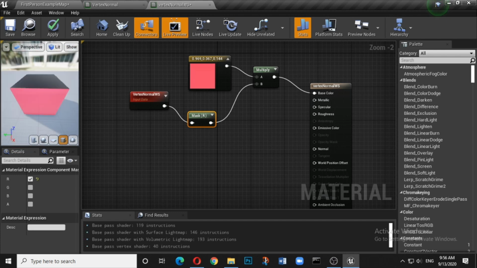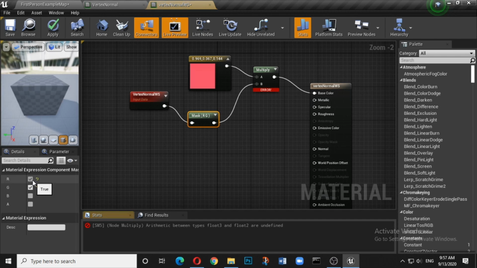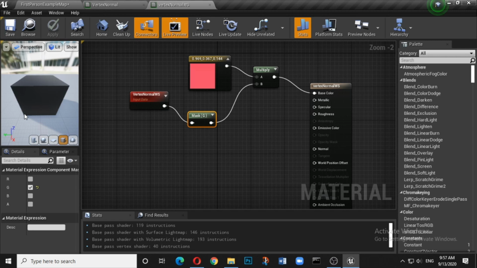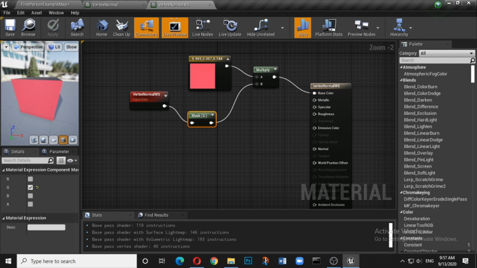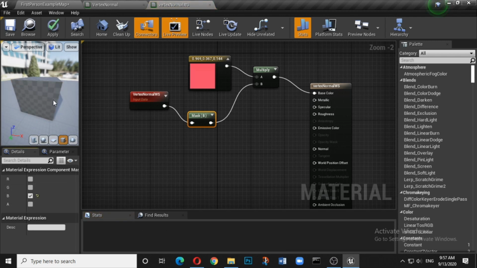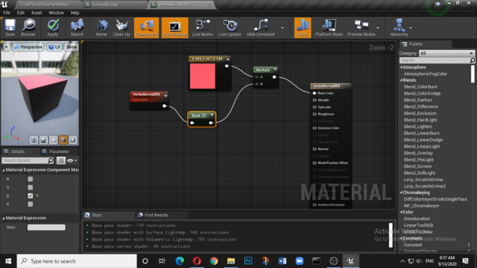So here the red channel or the x-axis is allowed, so it is taking up that color. And vice versa, for the green, particularly for the y axis, it will take up the color, and all other sides will appear as black. Fine. Okay, so you can have multiple colors, you can have multiple channels, whether it is RGB or only the alpha, that is up to you. Whatever you want, you can give the color to that.